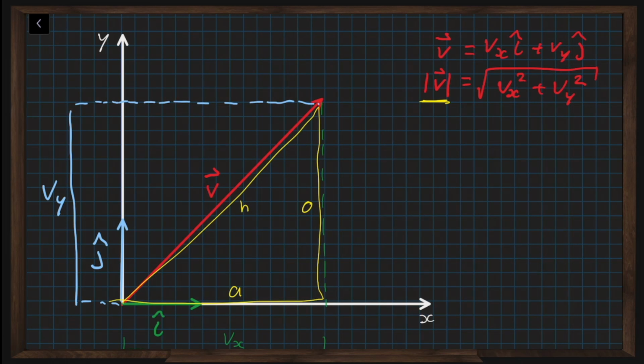But let's turn this around. Let's say we know the magnitude of the vector, but we don't know the components. Well, as long as we know the angle between the x-axis and the vector, then we'll be fine. Because then we can just use trigonometry, and it is pretty trivial to see that Vx is equal to the length of the hypotenuse, which is the magnitude of our vector, multiplied by the cosine of that angle, and then the y component of that vector is equal to the magnitude of the vector multiplied by the sine of that